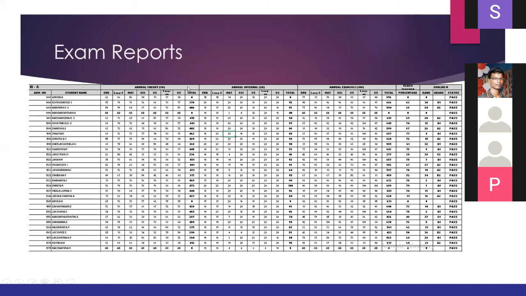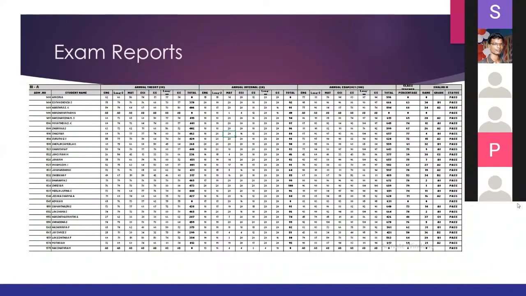Everything will come in a single click of a report. It will reduce all your extra burden of writing manually.